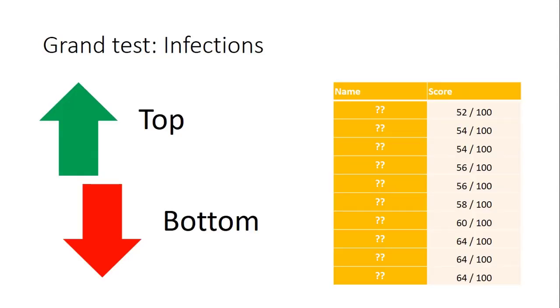Then this was followed by a grand test, which included 50 MCQs. These were the same MCQs which were presented in the initial presentations. Now I was assessing the result of this, and what I noticed is that we always talk about the toppers, we always appreciate them, we always give them incentives in various forms, but probably the toppers do not need that much focus. The focus is needed for the people at the bottom of the list.